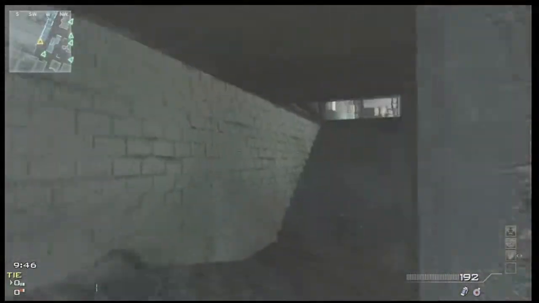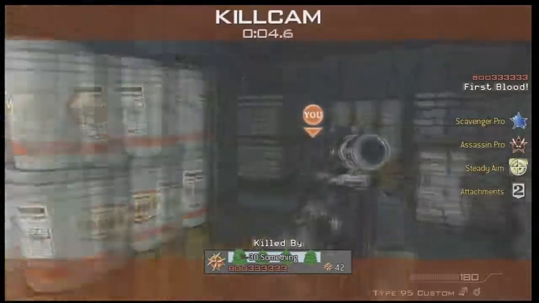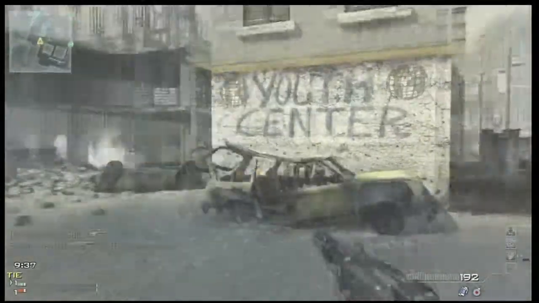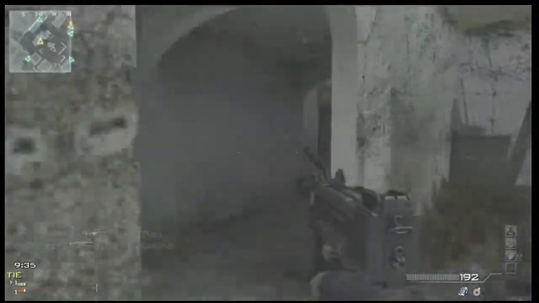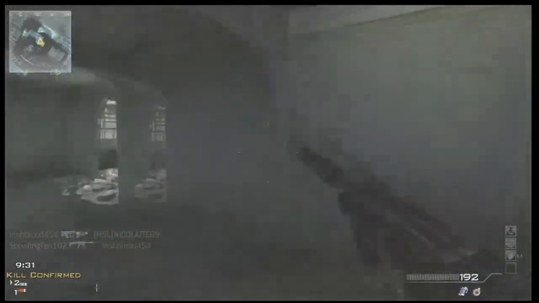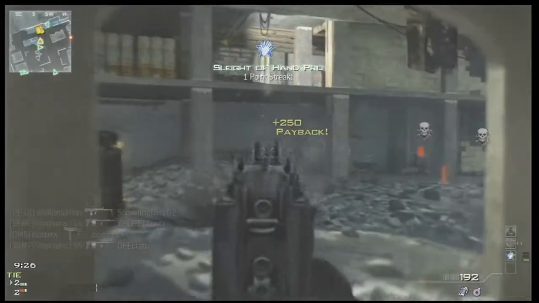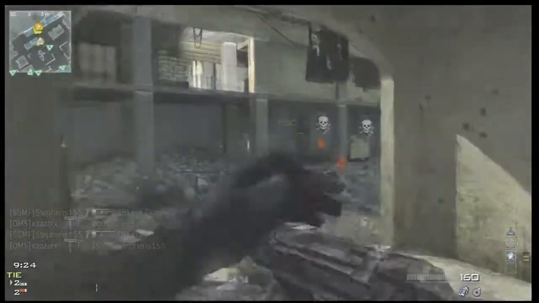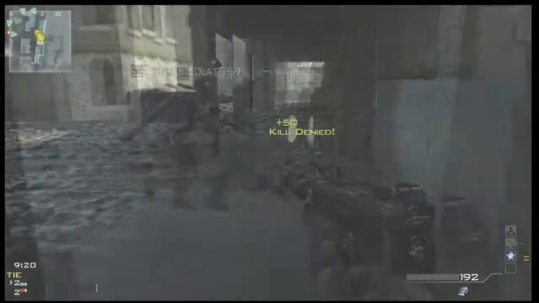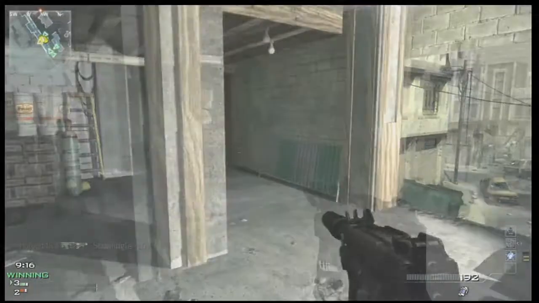I'm using the PM-9 and I get a Moab with it, which is special to me at least because it's been a goal of mine to get one with this weapon. Just because it's so weak in comparison to a lot of the other SMGs or weapons in this game in general. That being said, it's not the most difficult weapon to get a Moab with, because the secondary weapons don't